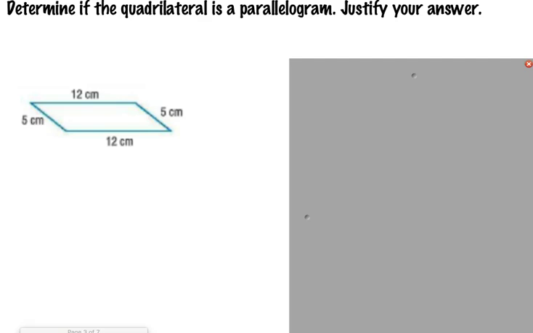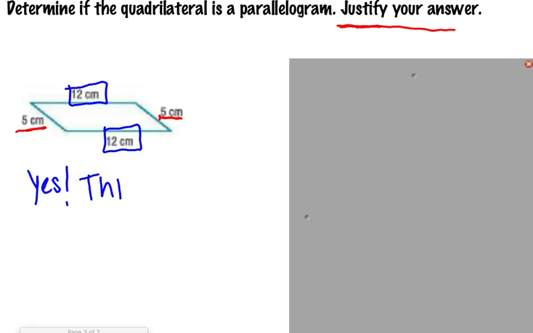So, it says, determine if the quadrilateral is a parallelogram. Justify your answer. So just remember, you justify. If I look at this quadrilateral here, let's notice this side's 5 centimeters, its opposite side's 5 centimeters. And same thing here, 12 centimeters and 12 centimeters. So we can definitely conclude that yes, this is a parallelogram because